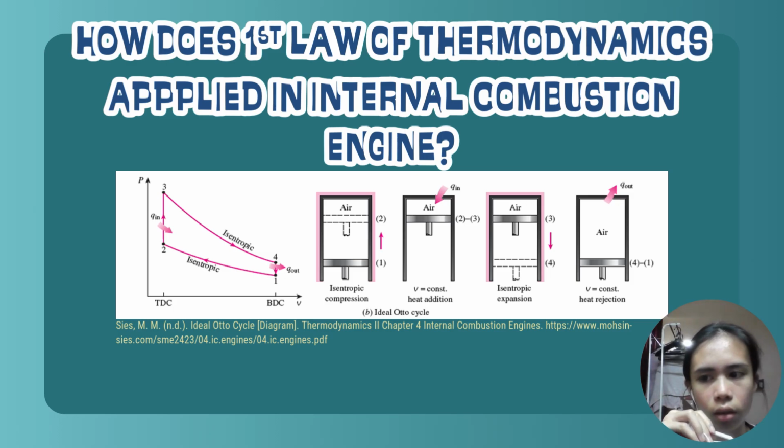In this stage, you can clearly see that the chemical energy is transformed into thermal energy. Also, we can see that there is a jump in pressure and temperature as shown in the diagram from 2 to 3. And then we go to the expansion, where the hot gases push the piston and the gas does work on the piston. This is the stage where the useful mechanical work is produced. Then lastly is the heat rejection, where the heat and energy leave with exhaust gases and some energy is lost as waste energy.